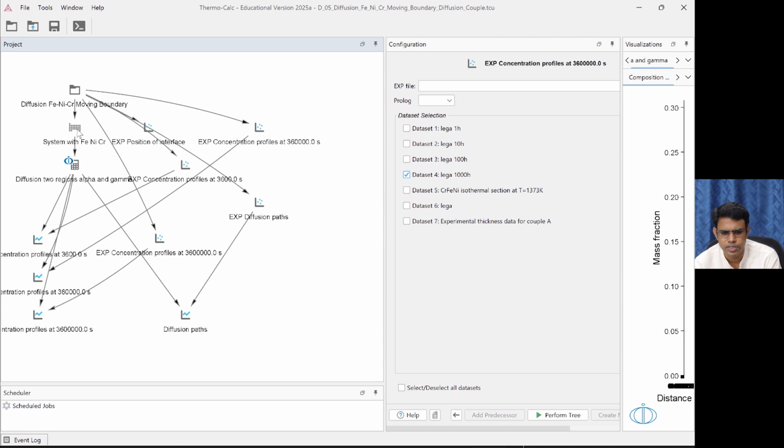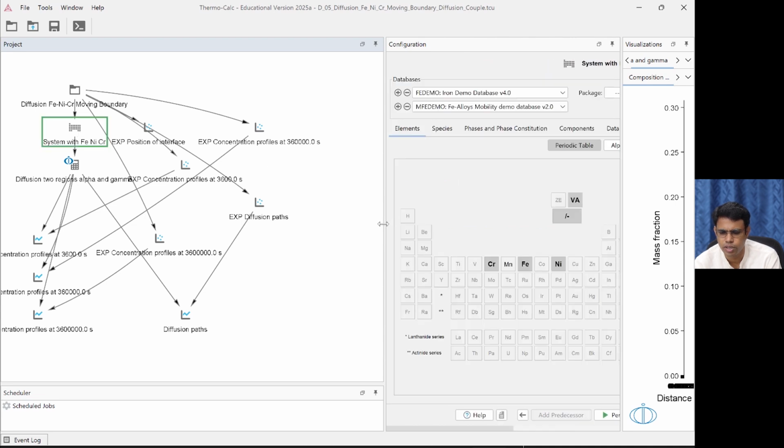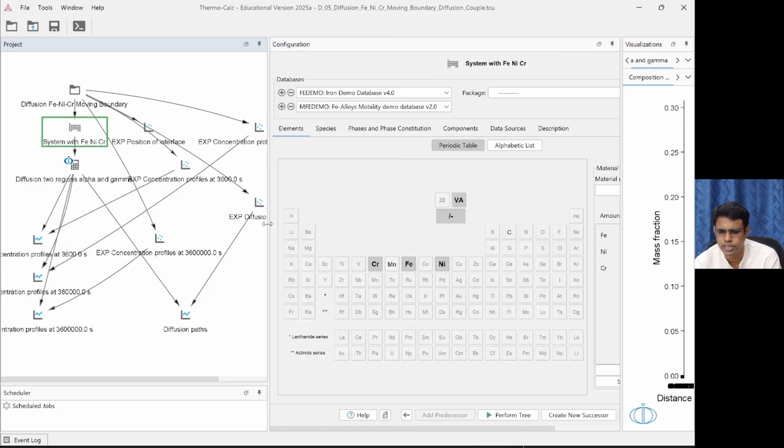Now first I'll go to system definer and show you what has happened. Here the two databases that are selected, MFEdemo and FEdemo, this is obvious to you because in this FeCrNi system, we have these elements in both these databases. So that is selected, that is straightforward.